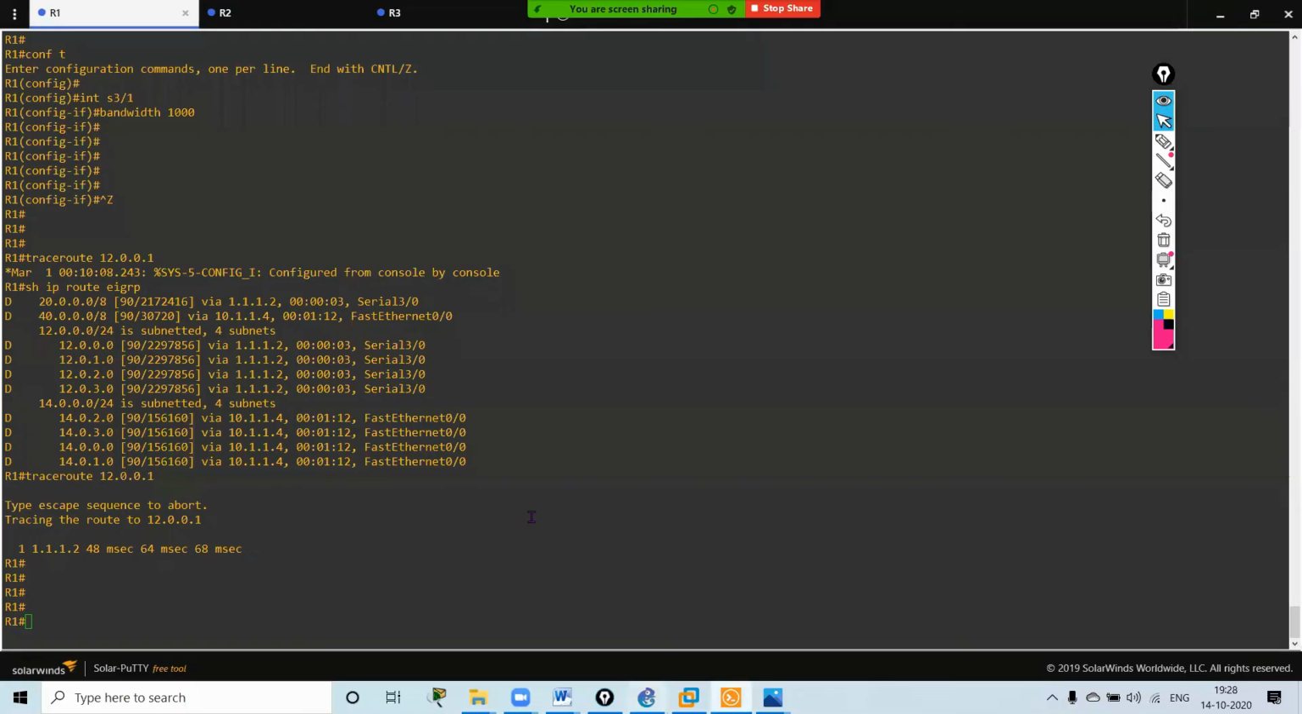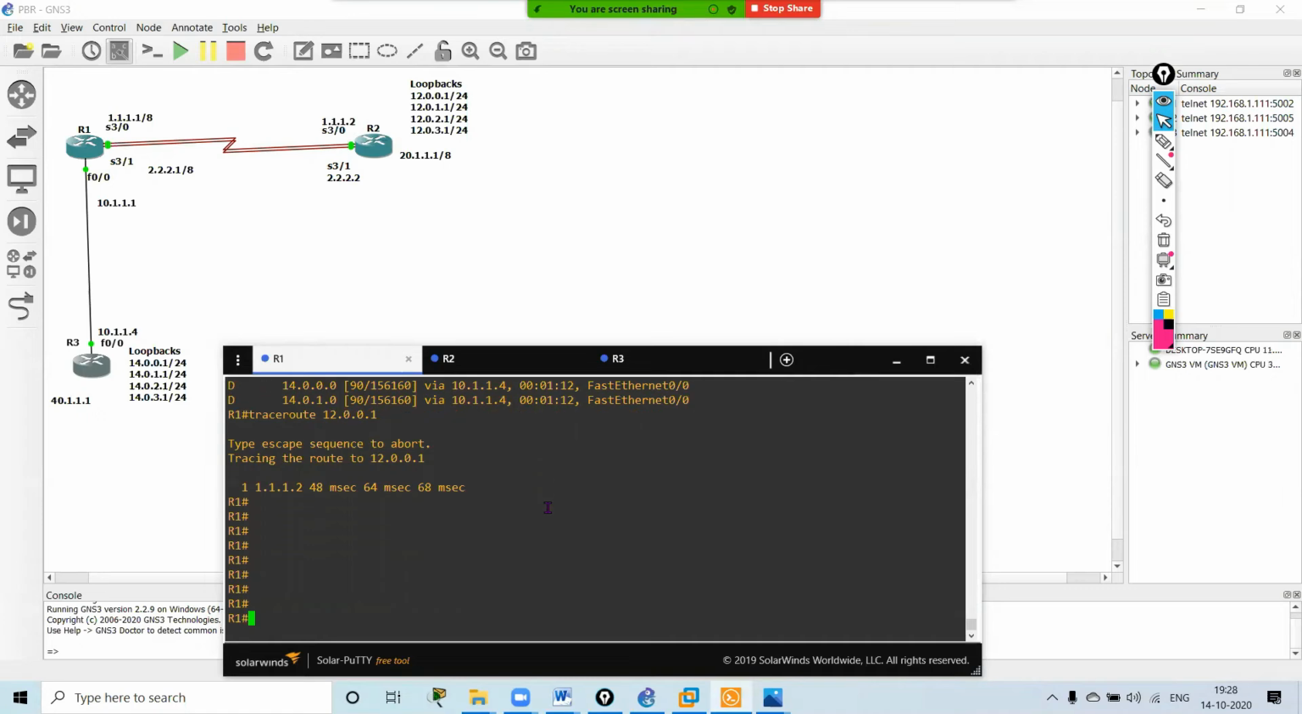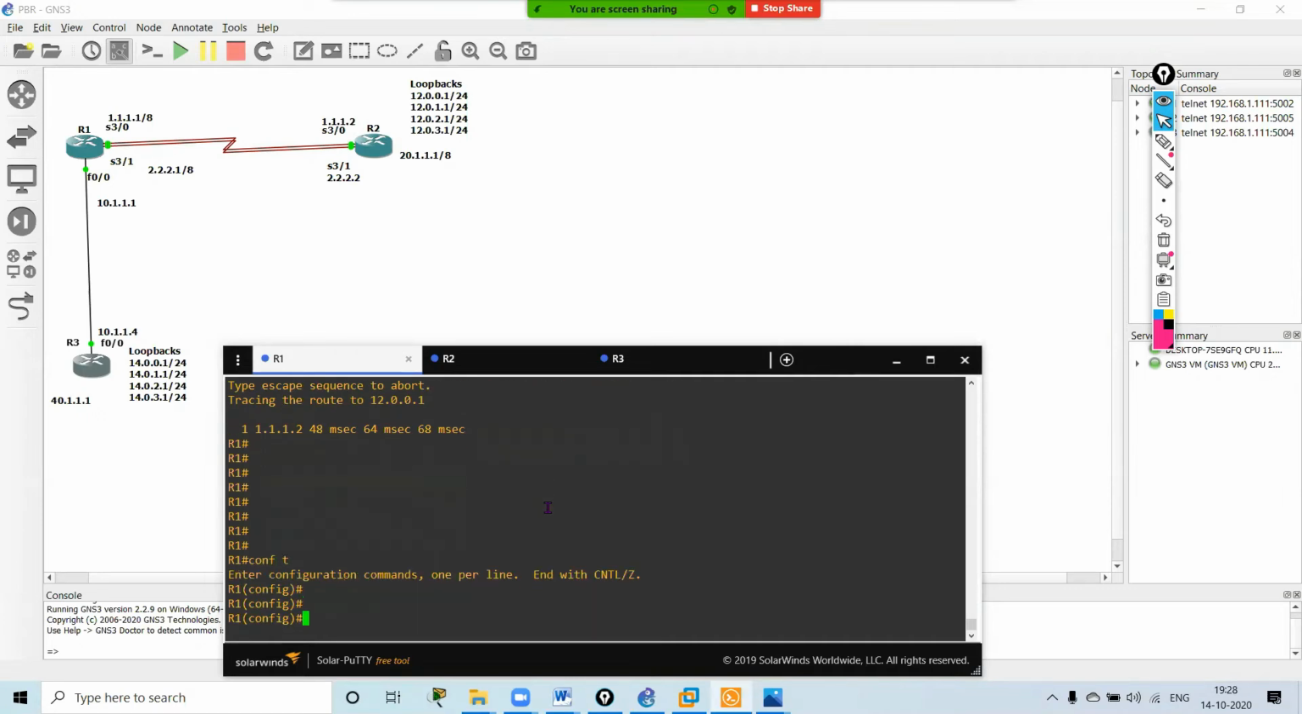So how to configure the PBR now? First, we need to create an access list. Why do we need to create an access list? An access list is for matching the network. We can create a prefix list also. So I'll create access list, 14.0.0.0. Okay, sorry, permit